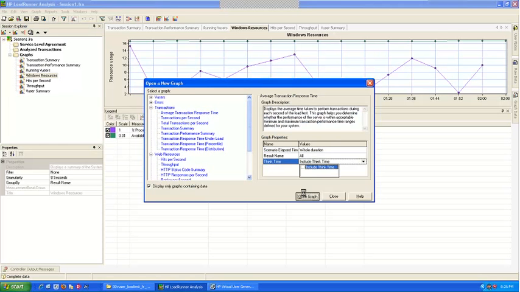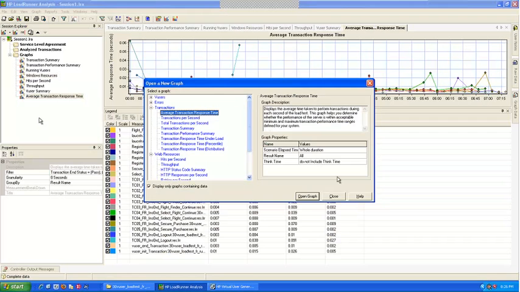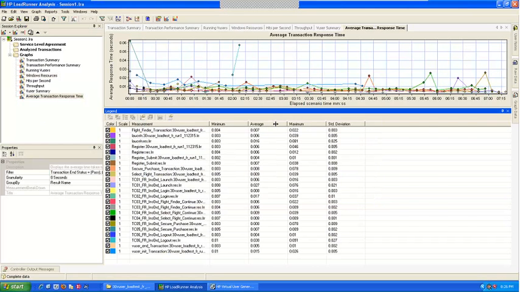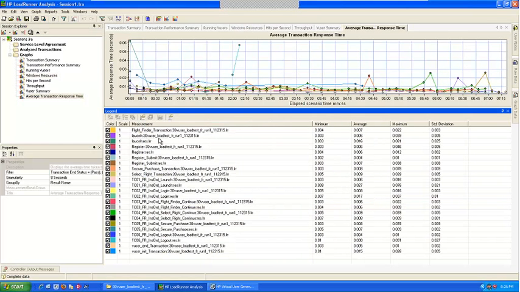Okay. Open. Here you see, these are the two things. Now this is for the first script, this is for the second script.